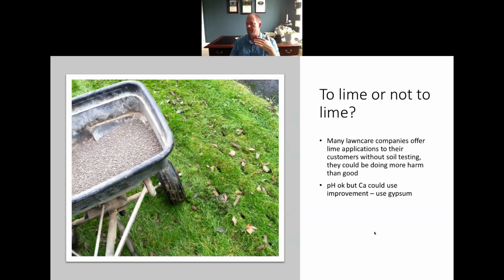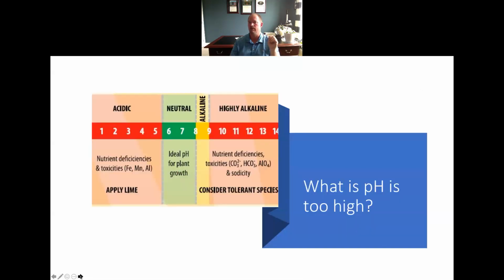Gypsum could be a great amendment. And I would almost say that if I were a lawn care company and I were trying to sell them something, rather than selling them a lime, it might actually be better to sell them a gypsum application, because again, the gypsum is going to help increase the calcium in the soil, but it's also going to bring sulfate into the picture too,